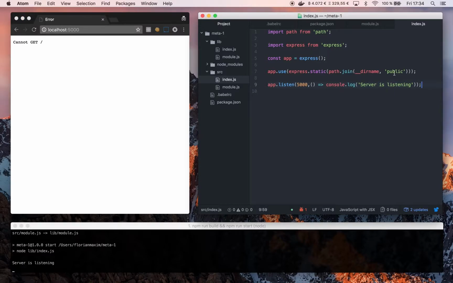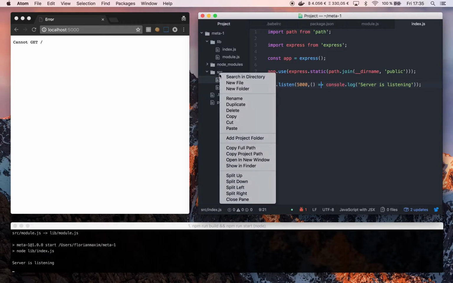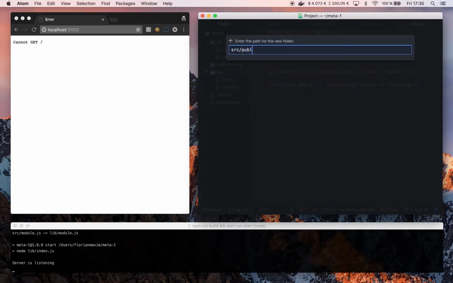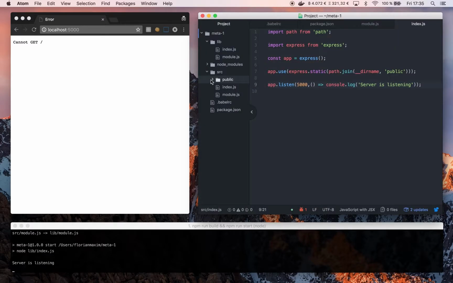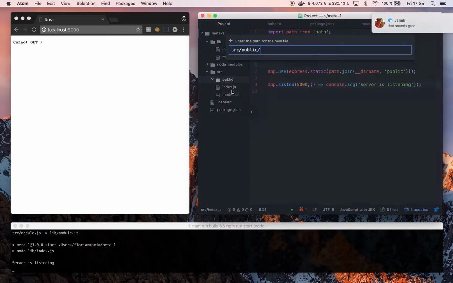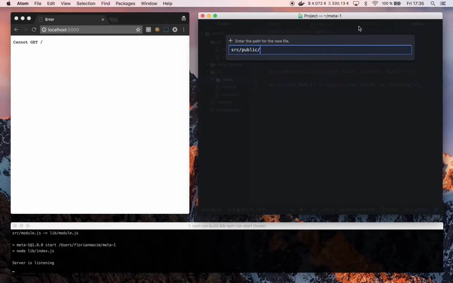In here we defined our public directory that should be served, but we don't even have that directory in here. So if we create a directory in here and call it public, and in here we create our index.js,